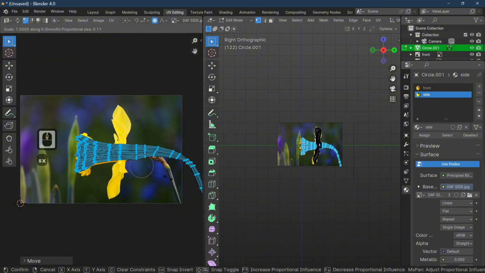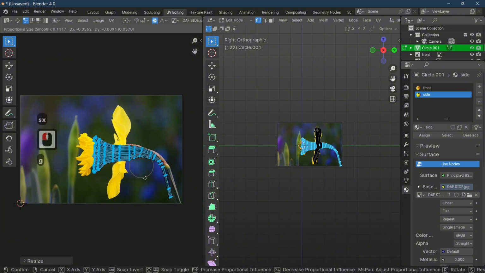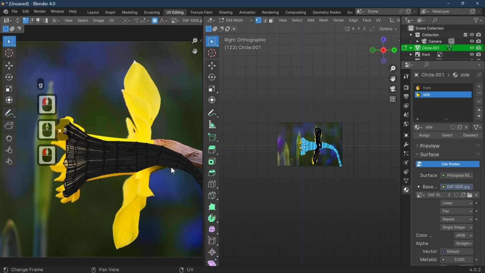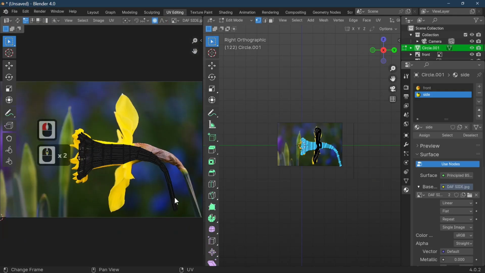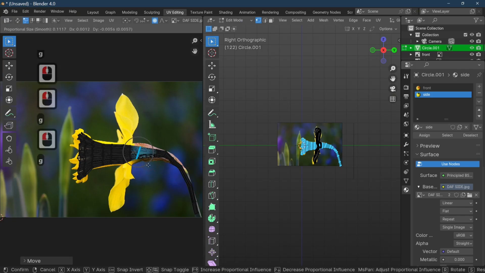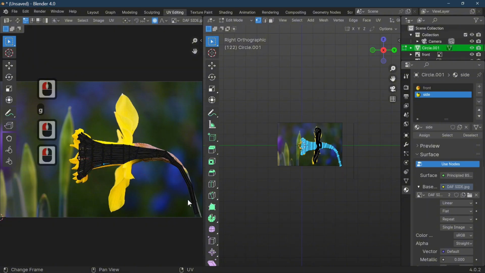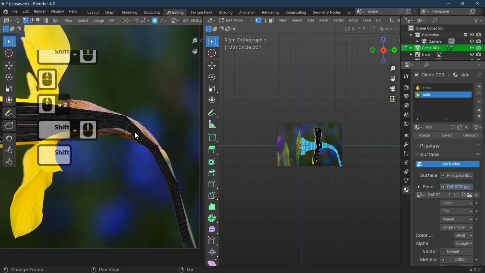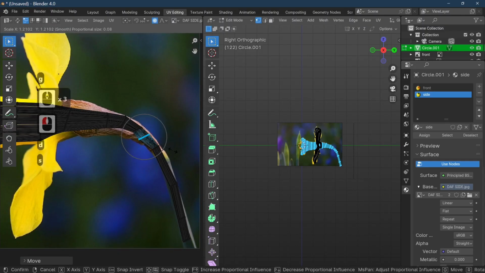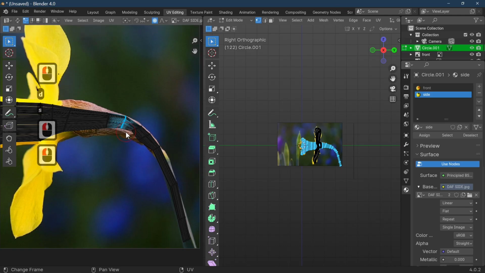So scale on the X, and we can just move it more or less into place. And then with proportional editing enabled, what we can do now is move things into place. So I'm just going to move these into place, and all I'm doing there is holding my left mouse button down and just going around things and matching it up roughly. And of course the influence ring works just the same again. You can move things, scale things. It's the S key to scale things if you think they're not big enough,